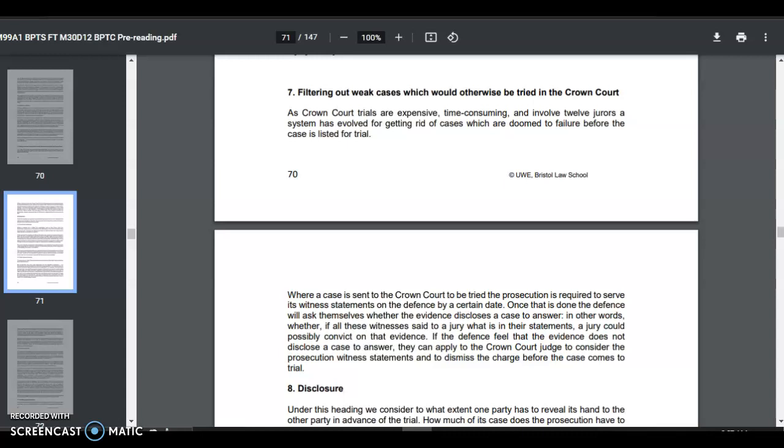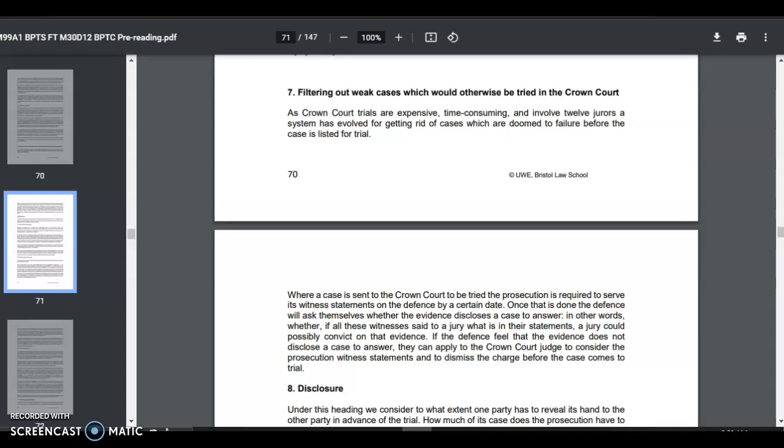So Crown Court only tries to take or filter out the cases which need to be tried and get rid of the cases which are not of serious nature. Crown Court trials are expensive, time consuming, and involve 12 jurors. A system has evolved for getting rid of cases which are doomed to failure before the case is listed for